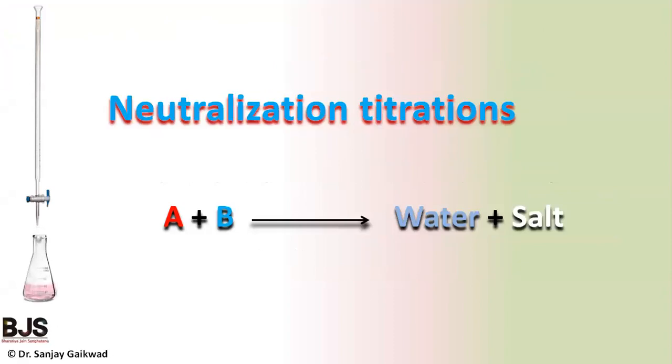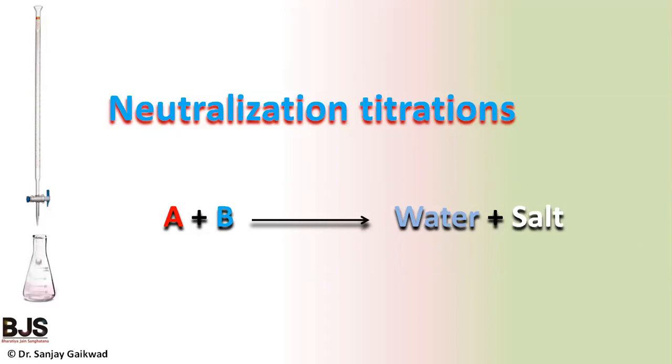Now we know the neutralization titrations. In a neutralization reaction, what happens? The acid gets neutralized with base, or base gets neutralized with acid, to give the formation of water and salt. This is the neutral solution with pH 7. Now this reaction is called a neutralization reaction, and it is a volumetric analytical method where acid reacts with base,